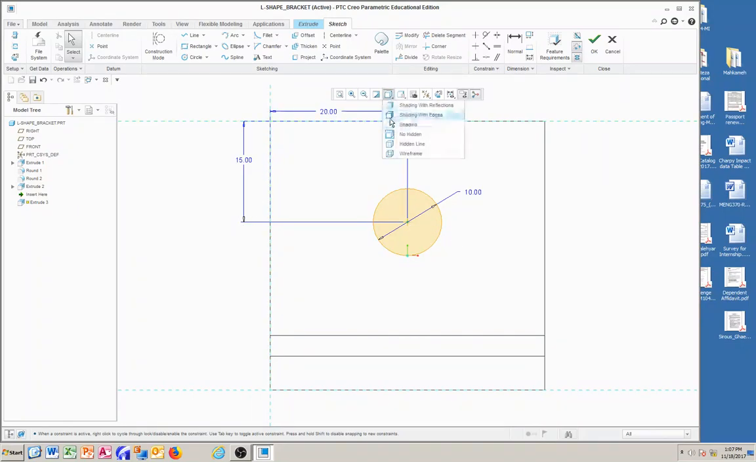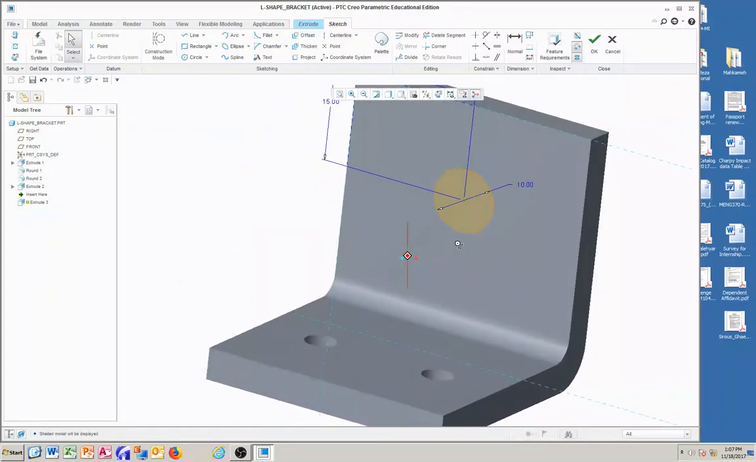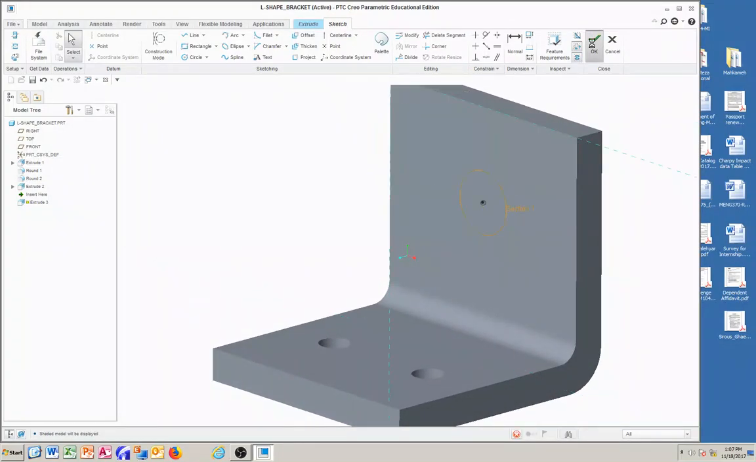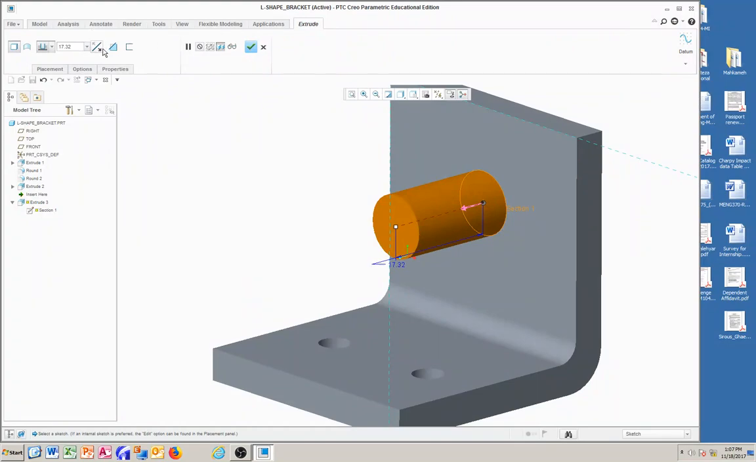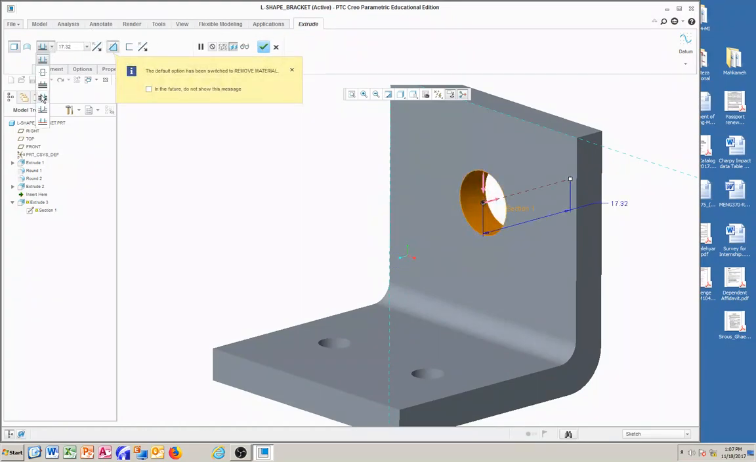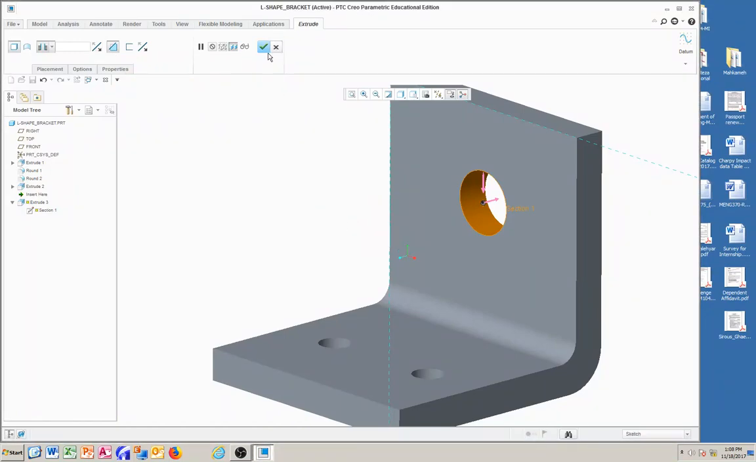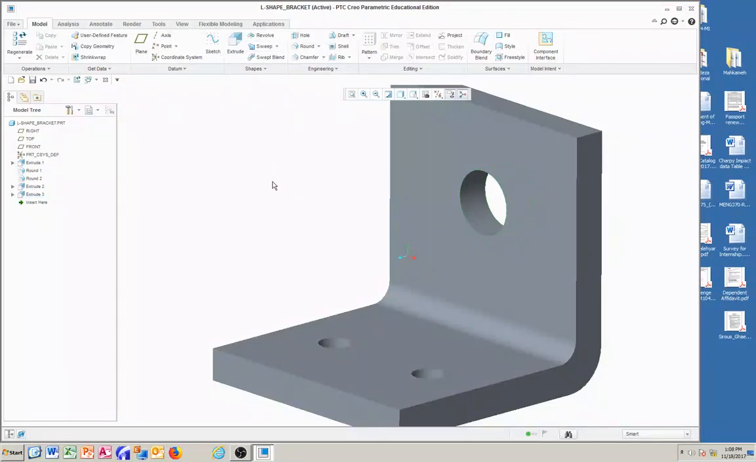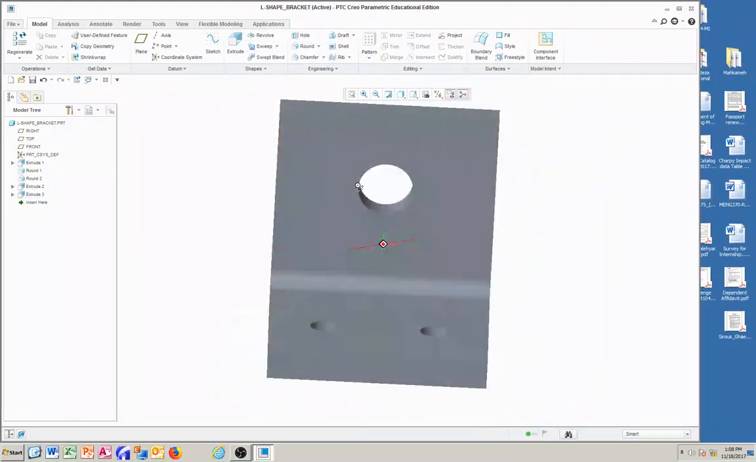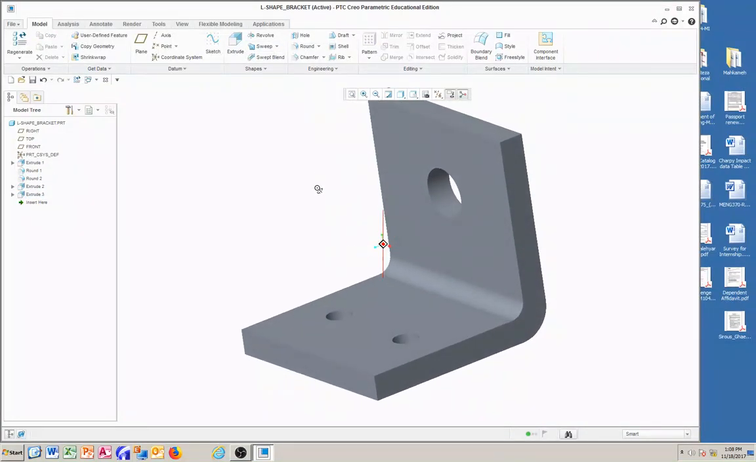Okay, so let's change that to shade, and we know it's right there, and then we say check, and then we can reverse the arrow, and then we say intersect with all surface, and we are done. Do you want to really cancel? Okay, so everything is good to go. Next is to